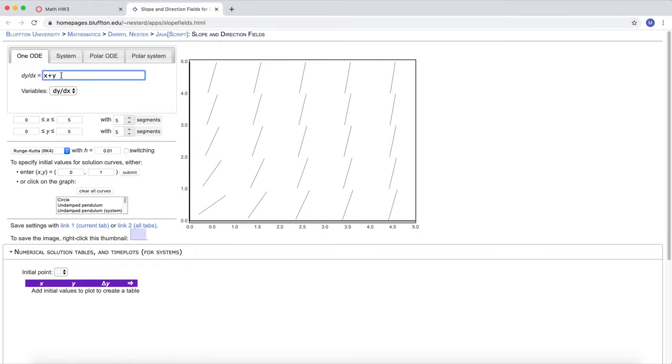Okay, I think the most unfortunate thing, I can change the variable. I was going to say, the most unfortunate thing here is that the original setting is on dy dx, and I've been emphasizing this whole time that for our purposes of modeling, time is the independent variable.